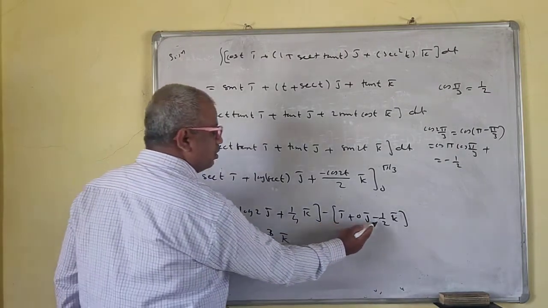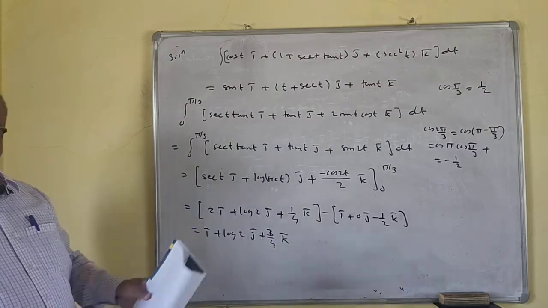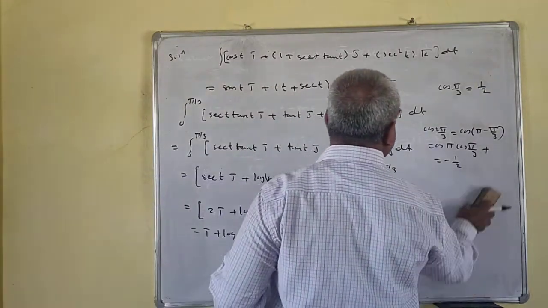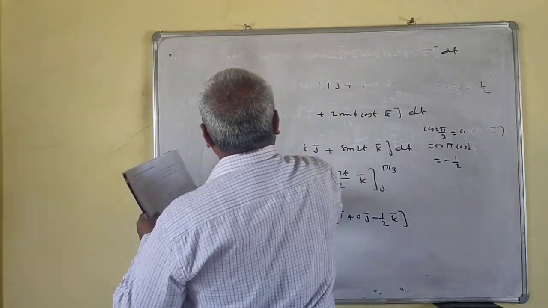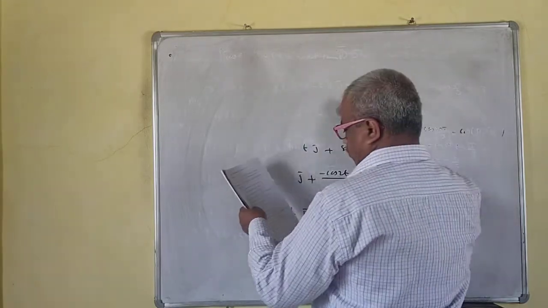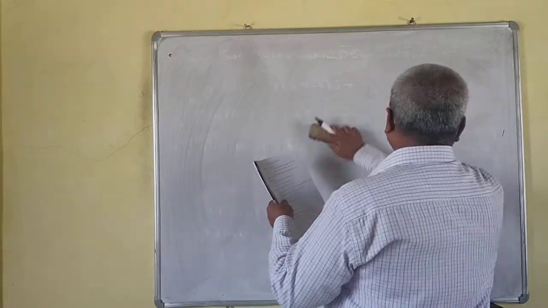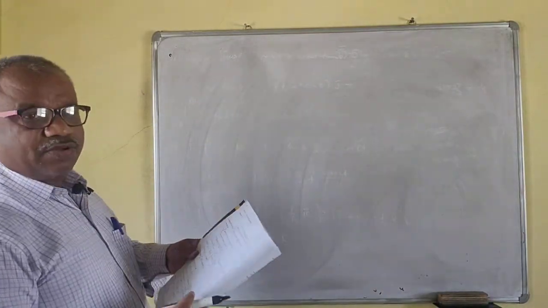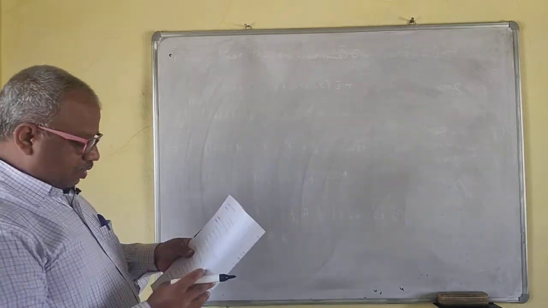Okay. So this is minus. You have to do the plus now. Minus becomes plus now. 1 by 4 plus 1 half. So this is 3 by 4. Okay. So this is the answer. Okay. It is very easy now. So if you can integrate a function, then it is easy. If you cannot integrate a function, if you don't know the formula for the integration, you cannot do anything now.